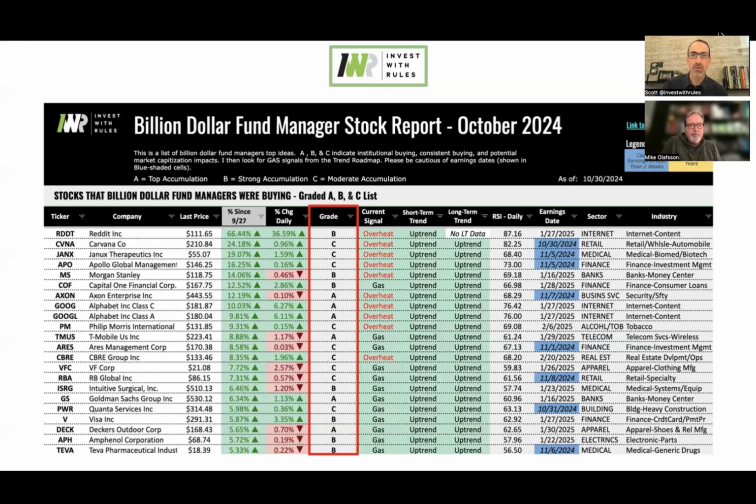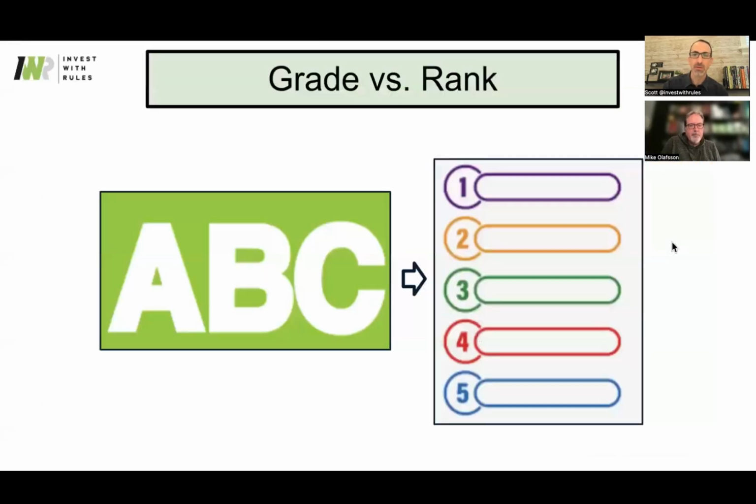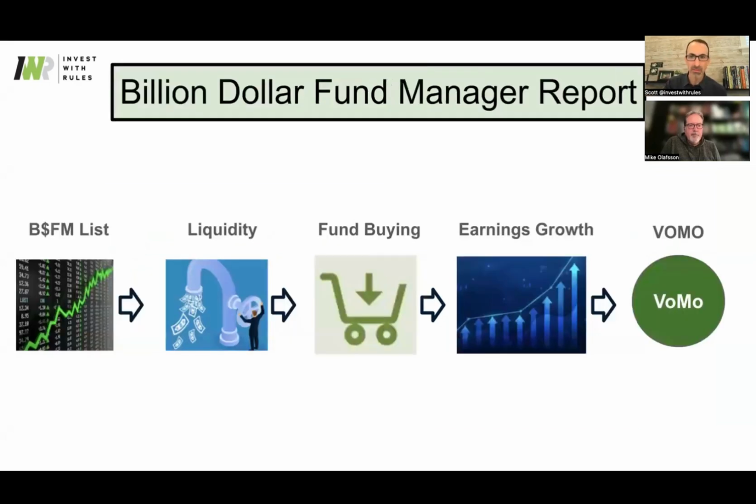Let's do it. So, first things first, let's go here. Today we have A, B, and C, which are helpful, but the reality is could it be better? We're always about small tinkering to help us, help our families, help you. We really, truly want to help us all get better results. So, moving from a grading system to more of a ranking system, let's go behind the curtain a little bit.